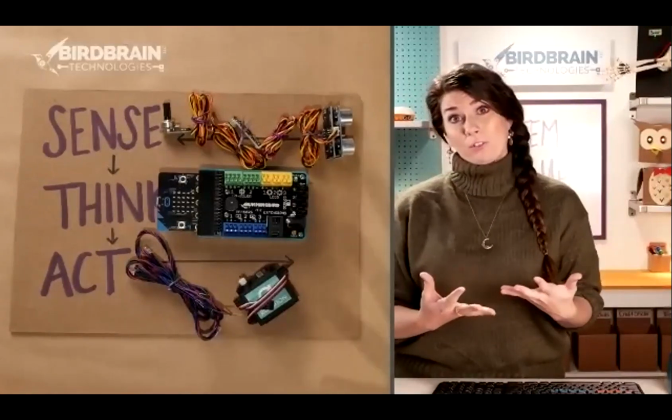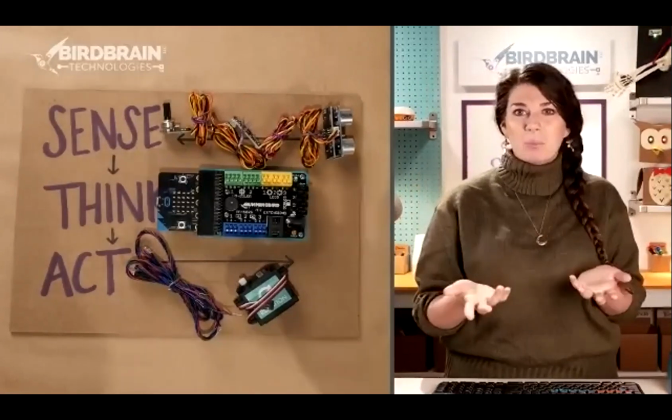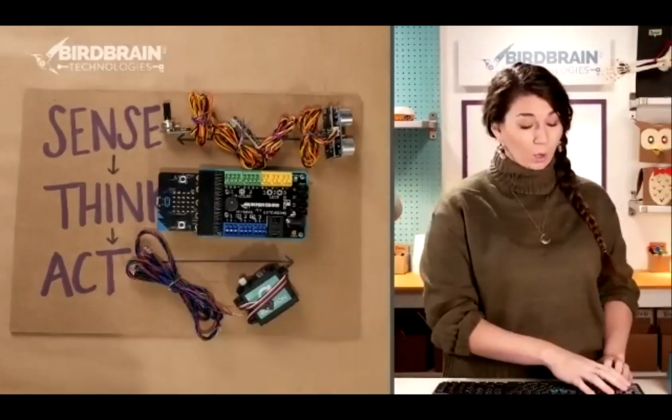And actually, when I first heard this, I kind of wished it did more, like lights and motors. What can you do with that? Well, what can you do with lights and motors? You can make anything because they're designed to be